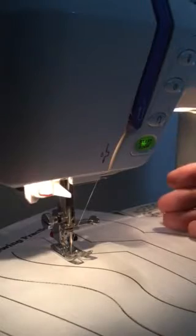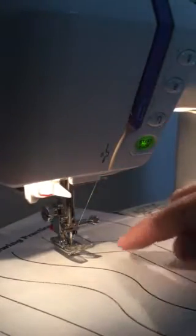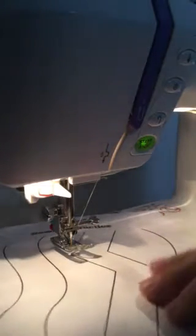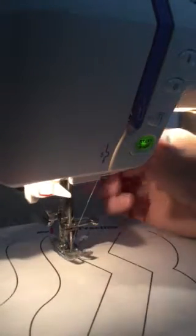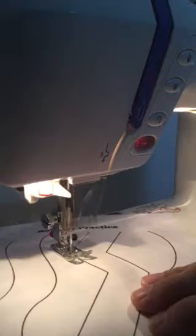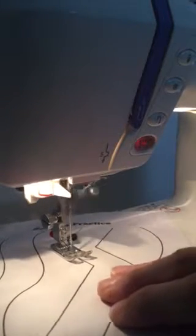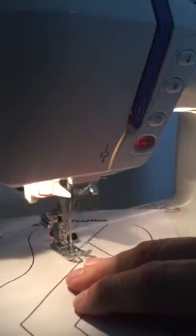How are we going to do it? We raise our presser foot, leaving the needle in the paper all the way down. We turn our paper so the line will be fed through between the toes of the presser foot. Once you have that angle down correctly, you lower the presser foot with the presser foot lifter and then continue on again. This is done like if you were making a square pillow, coming to the angle of